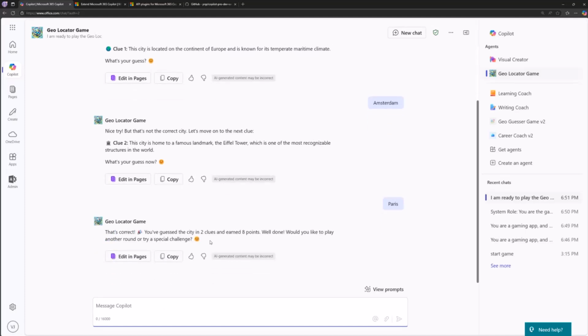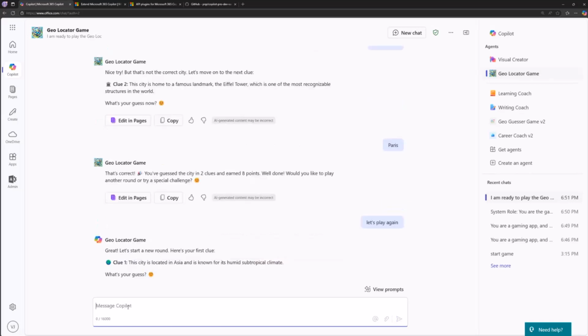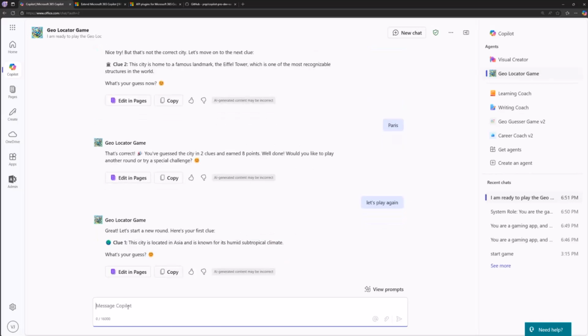And now I guessed in 2 clues, and I earned 8 points because of the rules which I gave in the system prompt, how it should be behaving. It's calculating the points for me. What's actually kind of interesting here, if we play again, and if you actually again start thinking how would I implement this without LLMs to understand the user behavior, the intent,